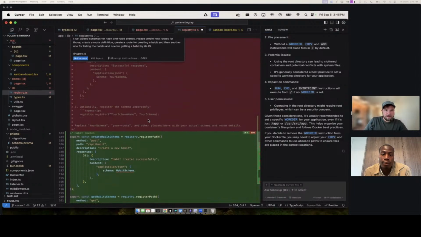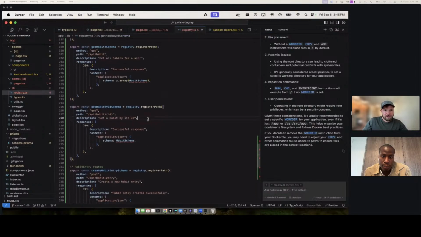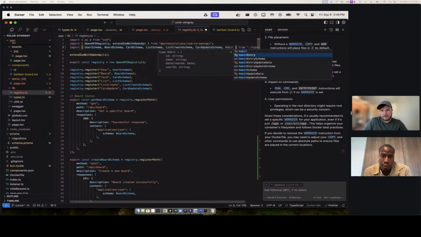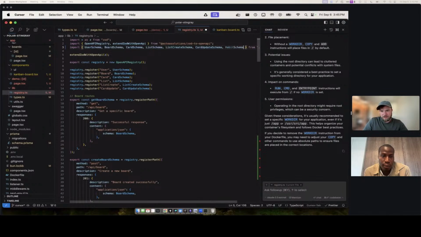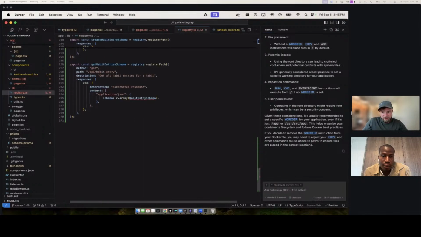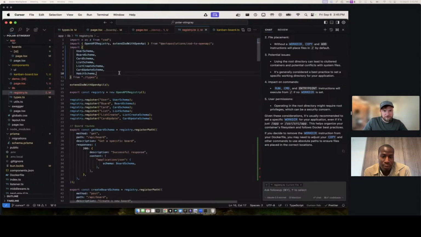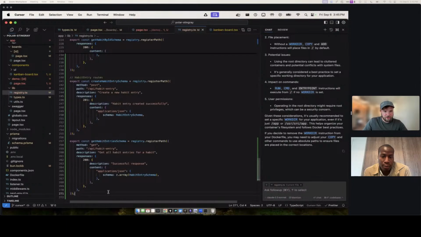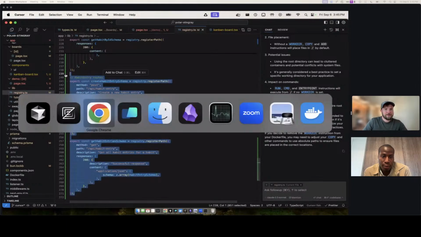We have to add the imports. The habit schema, and we're missing one more, the habit entry schema. That's funny. I didn't ask for the habit entries, but it pulled those in as well.